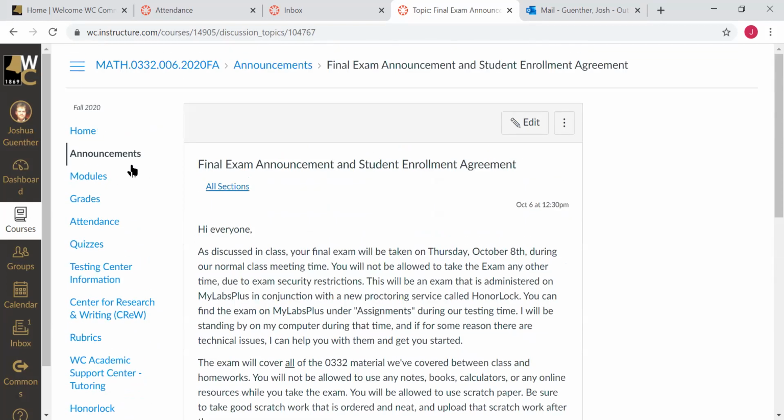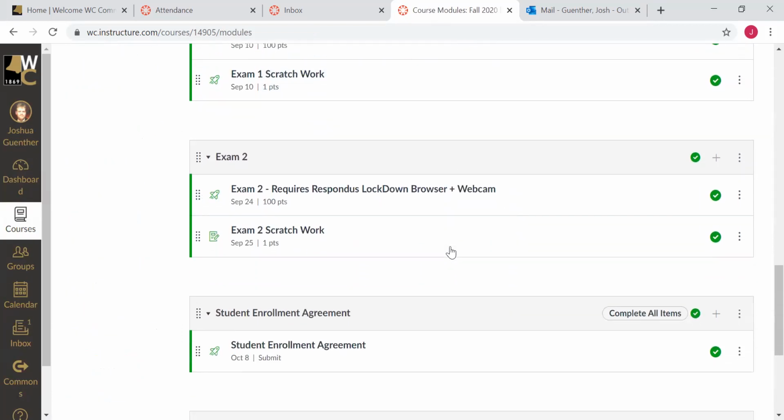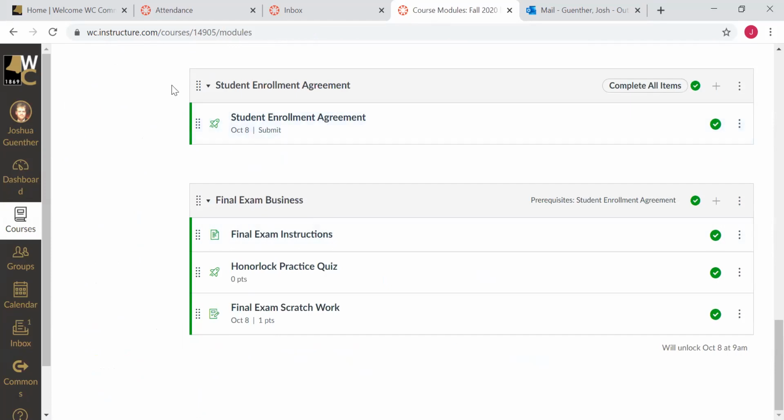Then in this module here, that will be opening up on Thursday, this final exam module, you had to have already submitted the student enrollment agreement. Then this module will open up. You have some explicit instructions in there. There's an HonorLock practice quiz you can take. It's going to make sure you have all the system settings that you need. It's going to walk you through it. And if you can take that practice quiz, you'll then be able to take the final exam. So I would take that practice quiz first. You also will have a point where you can submit